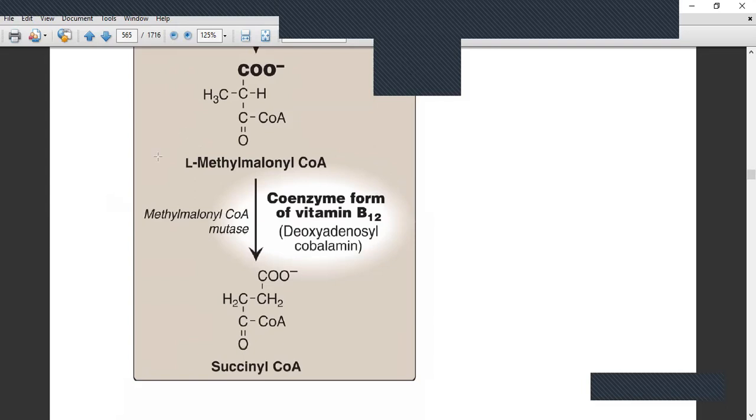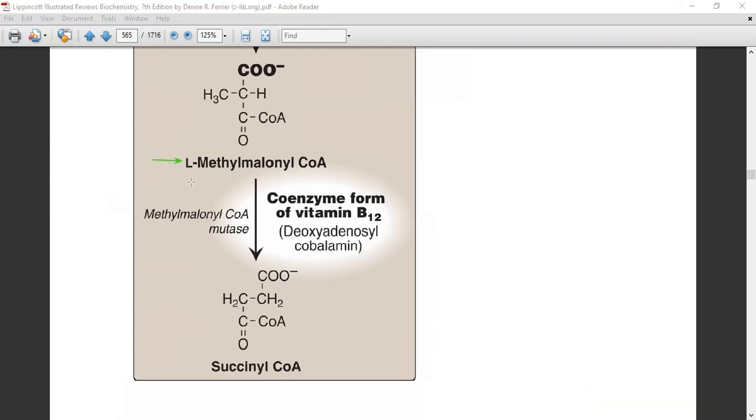Now this is your R-methylmalonyl CoA. In a reaction catalyzed by methylmalonyl CoA mutase, we will form succinyl CoA. Now that reaction requires vitamin B12, your cobalamin, deoxyadenosyl cobalamin. Now, people with deficiency of this enzyme